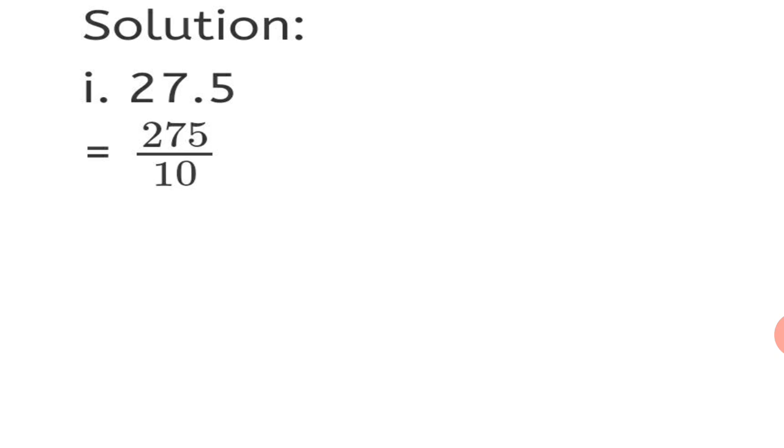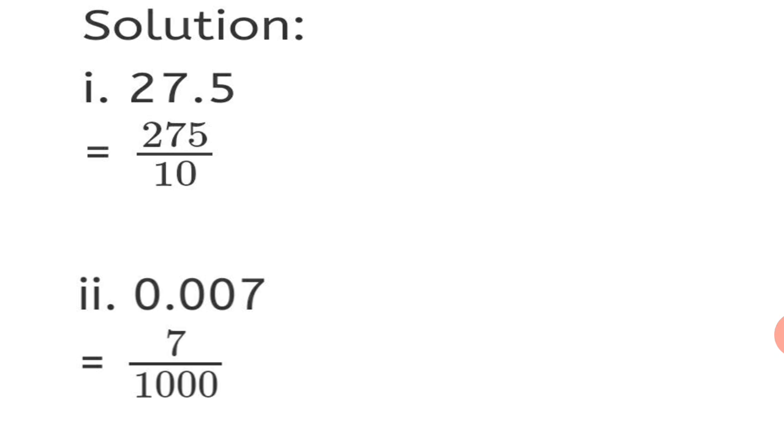First sum, 27.5. Now you want to convert it into a common fraction. What rule do we have to follow? Yes, write the number in the numerator as it is without the decimal point. So 27.5 we write as 275 without the point. Upon 1 and as many zeros as there are decimal places. After the decimal point, how many places? 1. So 1 0. So simple, 275 upon 10 is your answer. So directly you get your answer without any steps here.